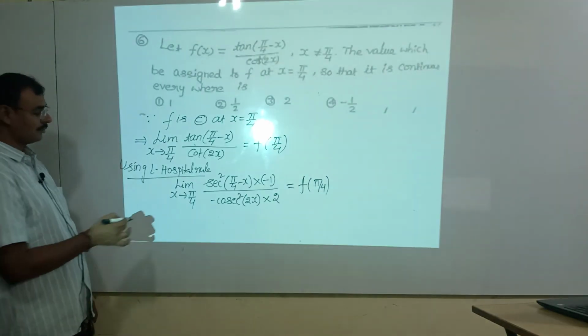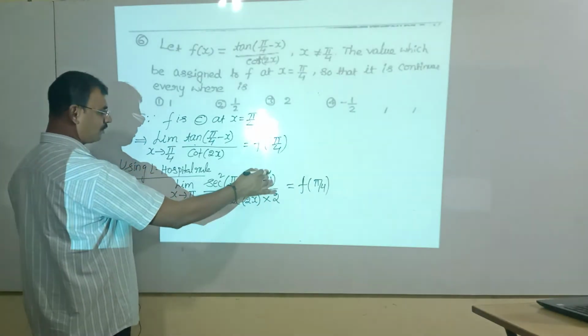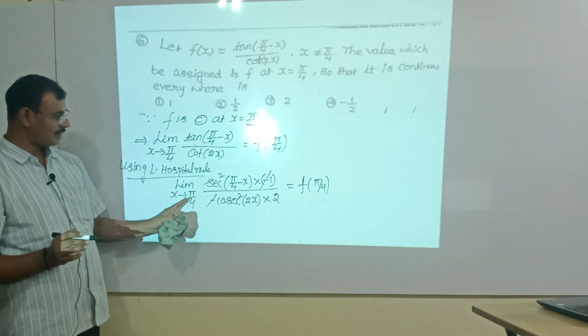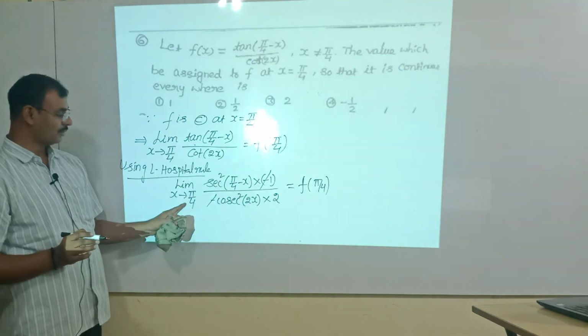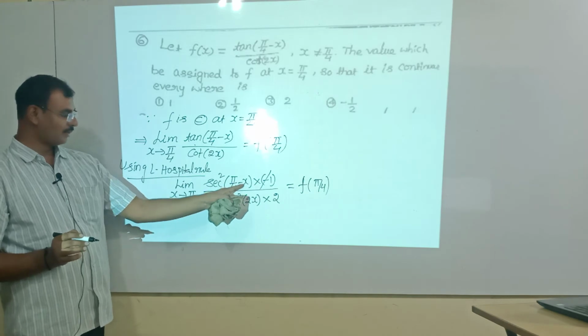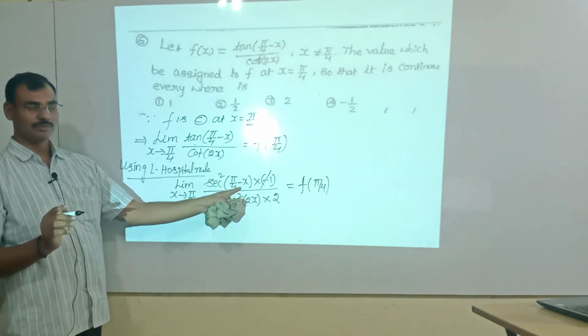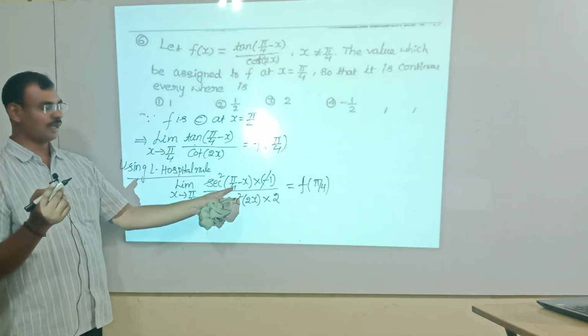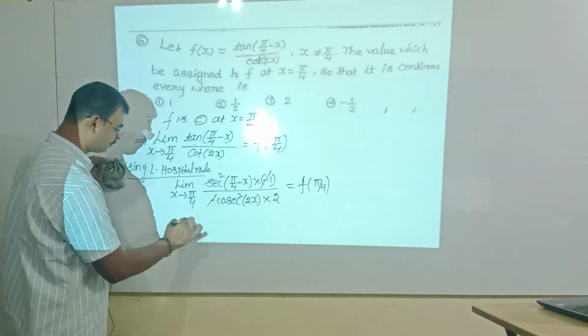Now apply that. Minus this minus cancelled, okay. If I apply the limit x is equal to pi by 4, secant square of pi by 4 minus pi by 4, that is 0. Secant square 0. Sec 0 is what? 1. 1 square is also 1